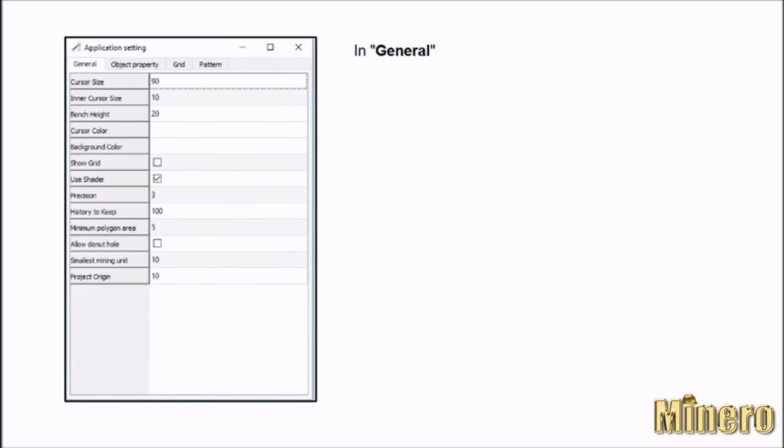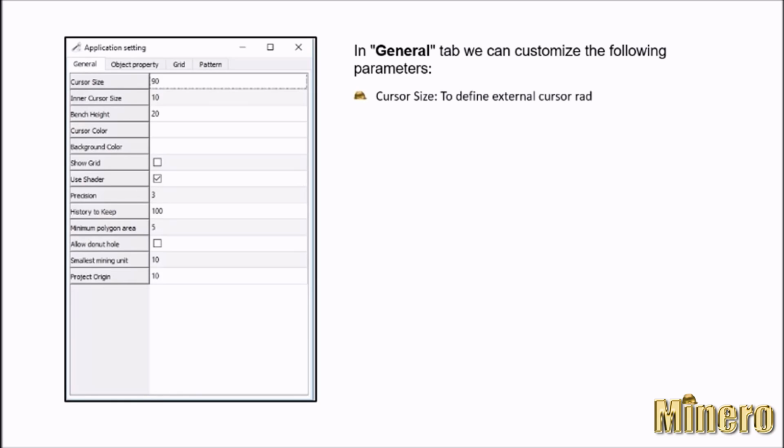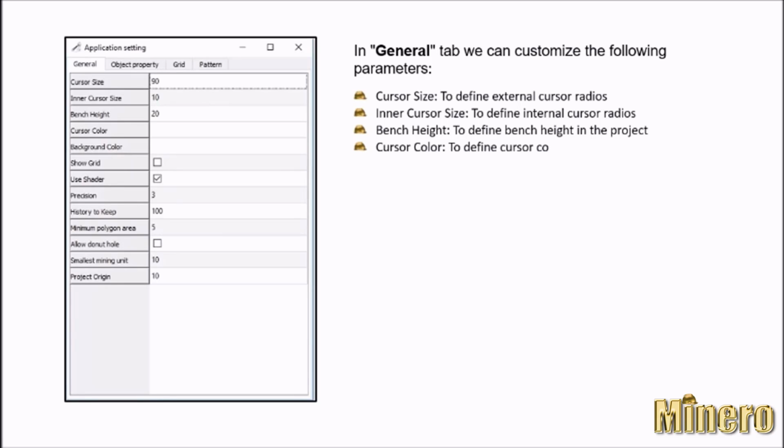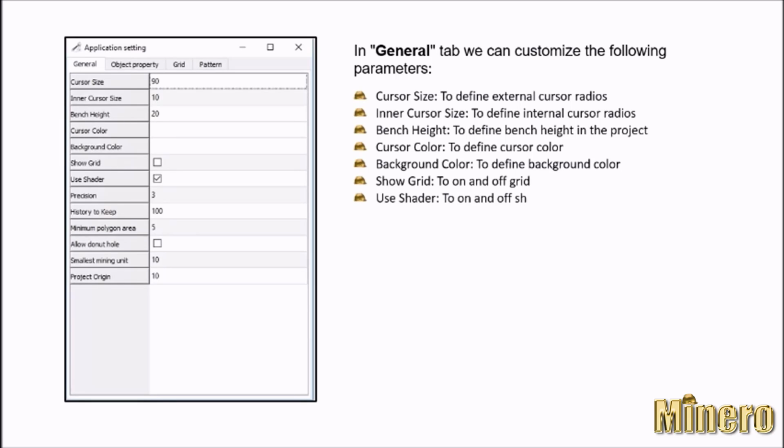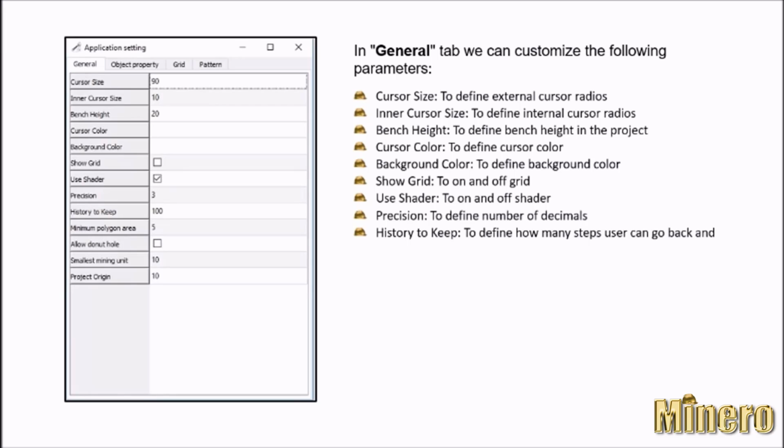In General tab, we can customize the following parameters: cursor size, to define external cursor radius; inner cursor size, to define internal cursor radius; bench height, to define bench height in the project; cursor color, to define cursor color; background color, to define background color; show grid, to on and off grid; use shader, to on and off shader; precision, to define number of decimal; history to keep, to define how many steps user can go back and go forward;